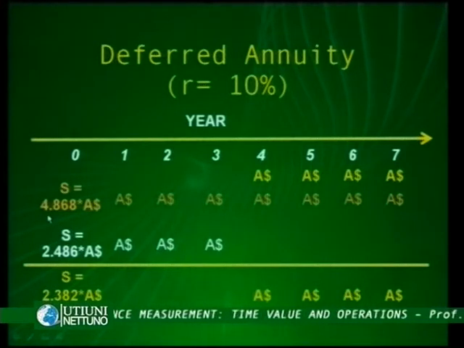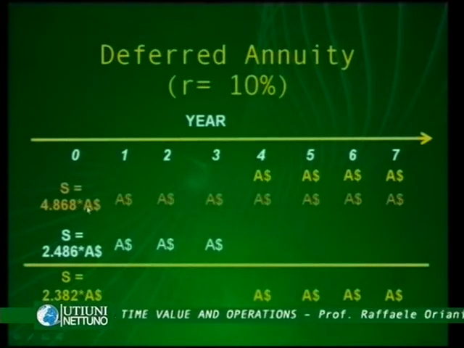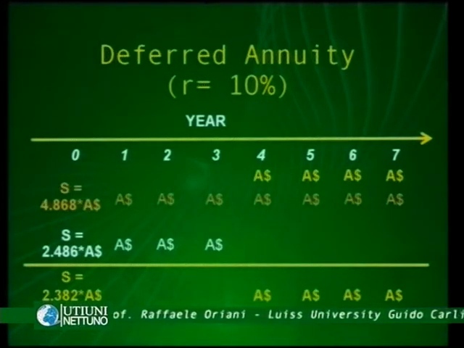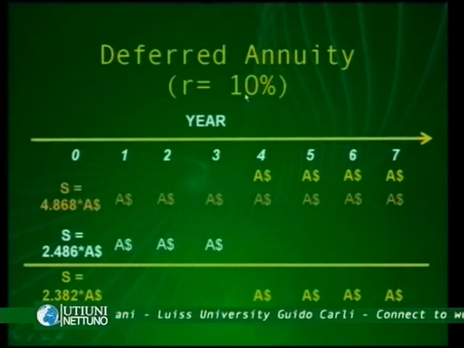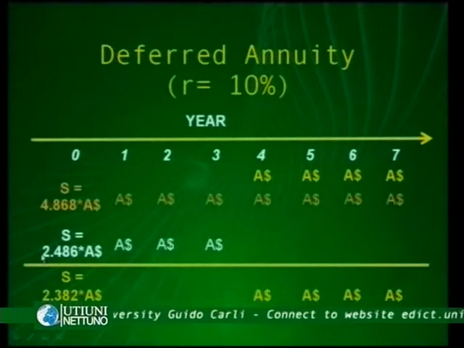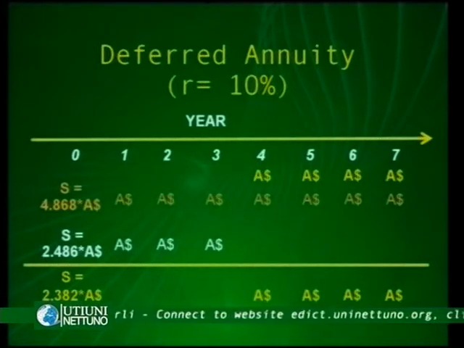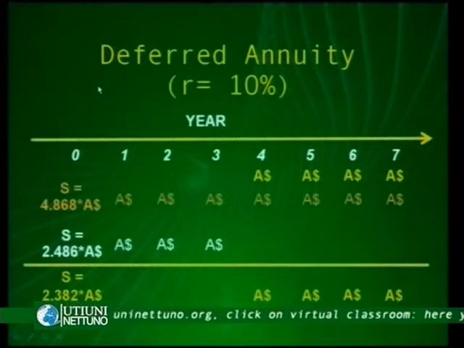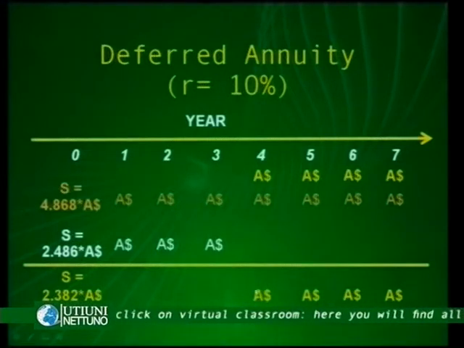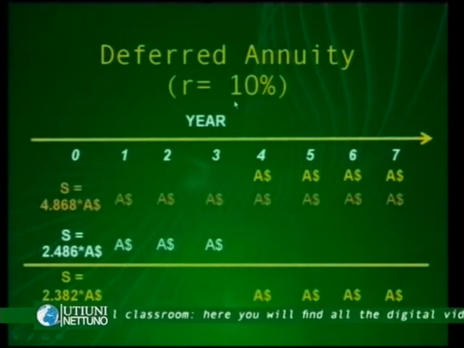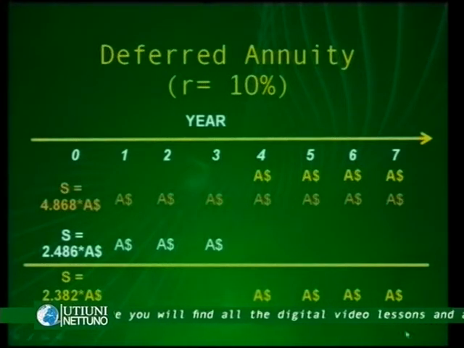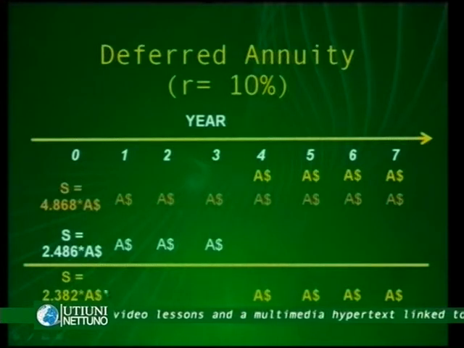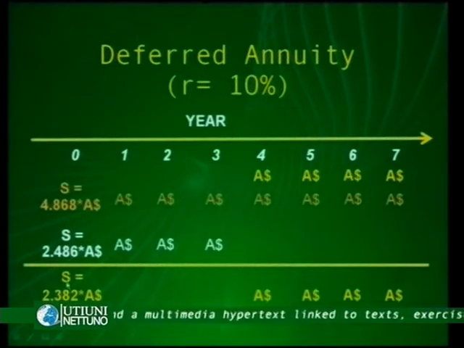The present value is 4.868 times $8, where the 4.868 is the annuity factor for an annuity of 7 years with a discount rate of 10%. The present value of the second annuity is 2.486 times $8, where again 2.486 is the annuity factor for an annuity of 3 years with a discount rate of 10%. And so the present value of our deferred annuity is calculated here as S equal to the difference between the first present value and the second present value. This is equal to